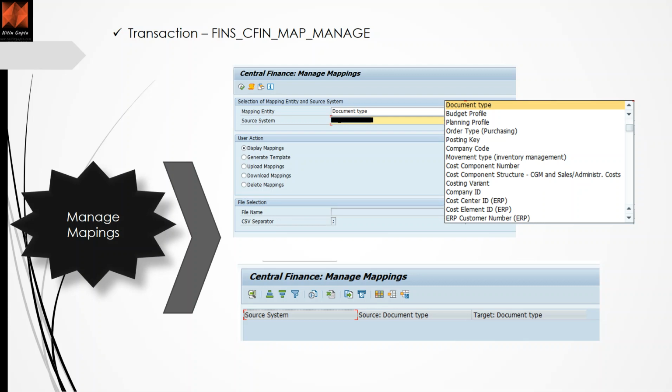This is a little bit tricky because people have a different understanding. Delete mapping is like this: you have 10 document types mapped, and the moment you select delete mapping you want to, for example, delete 2. So you fill the CSV file and give those two objects which you want to delete. Sometimes I have seen people think that delete here will delete everything. No, whatever you upload will be deleted. Anything you don't give as an option will not be deleted.